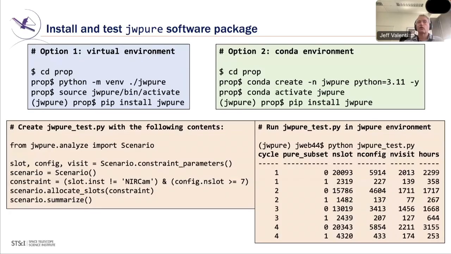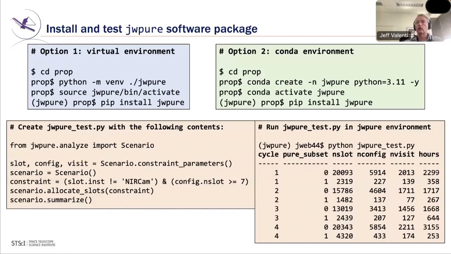all the software you run is not mutually compatible. So you want individual environments for different use cases. Create this file. In this case, we're calling it jwpure_test.py in the directory you're working in. And then just say Python and the name of that file, and it should generate this output, which we will